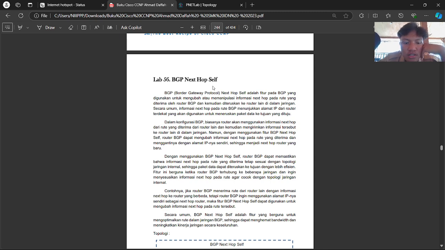Generally, the next hop information at the BGP route shows the IP address of the nearby router that we want to use to send packet data to the destination we want to reach.